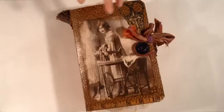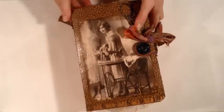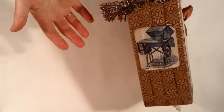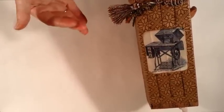I have a vintage sewing image for the Singer sewing machine from the internet. It's a little bit of a vintage scissors glued on there. I have the sewn-in bindings. We're supposed to have sewn-in signatures. We're supposed to have 3 signatures with 10 pages each, folded in half makes